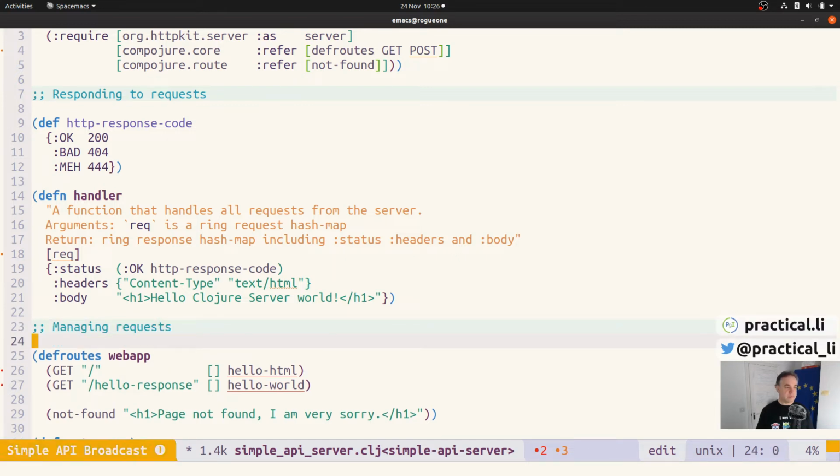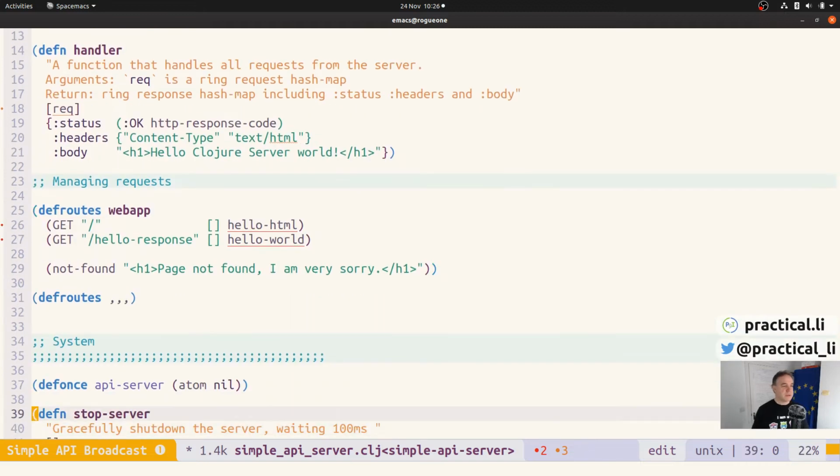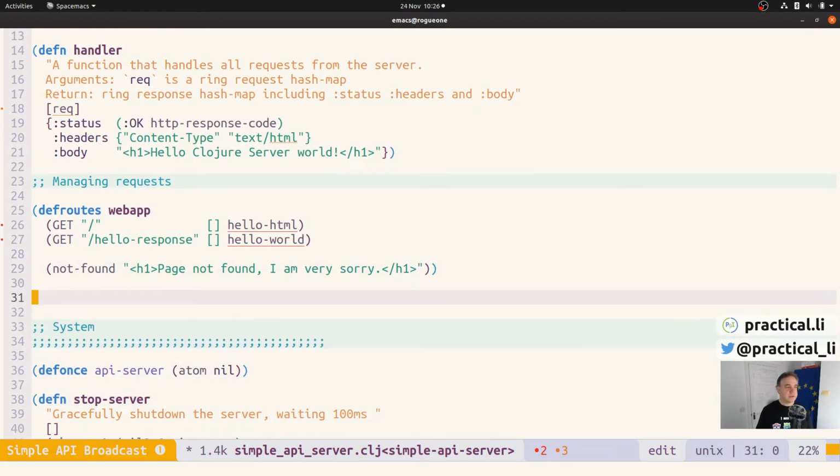So this is where we're going to manage our requests. So our def routes, it just takes a name. We're going to call this web app, because this is essentially where we start organizing the logic of our application. Here we start making some decisions about what it's actually doing. So we just refer to this as web app. Some people call this app as well. And essentially we've got like three